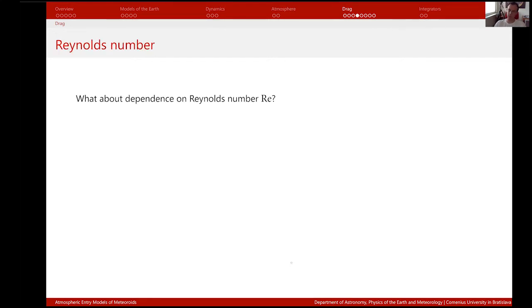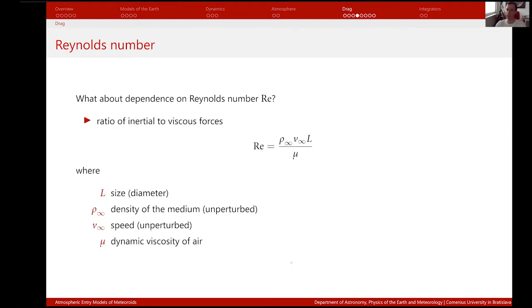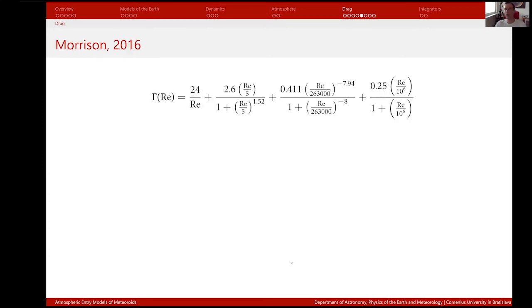So the next thing we try to do is to include the Reynolds number. Many people, at least physicists, know that this is the first thing you go to if your calculations in fluid dynamics don't work very well. So you just include your Reynolds number. It's the ratio of inertial to viscous forces, which is pretty easy to calculate. We just plug it in, obtain some value, and based on this value, we have to find some model which takes it into account. The latest one, or the one I found for a spherical particle, this one by Morrison, 2016, is not very simple, but works well.